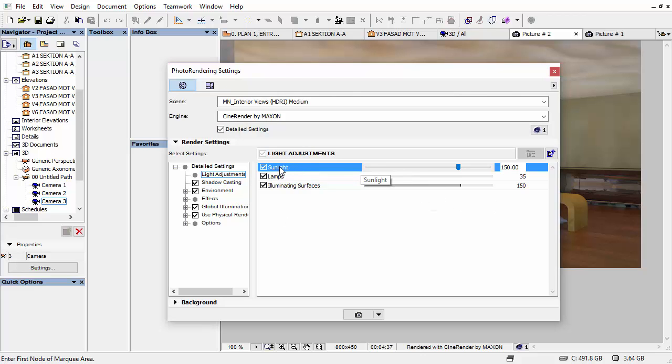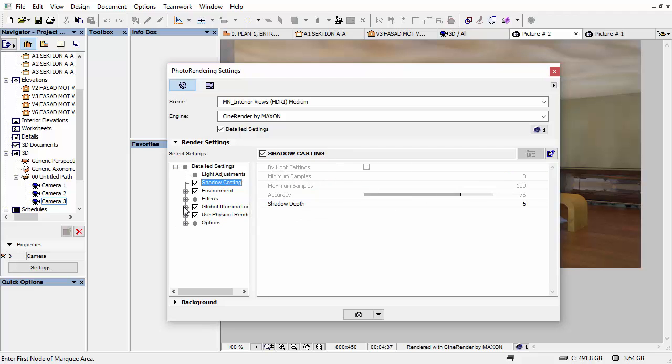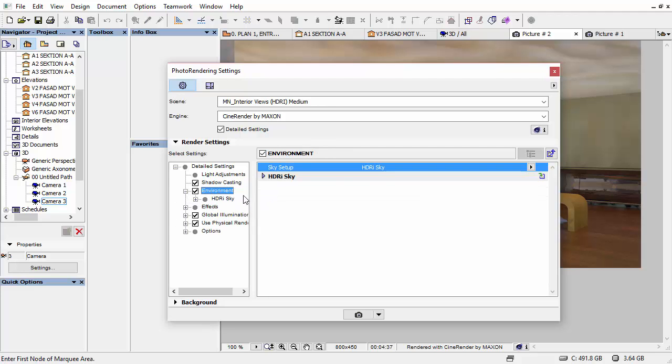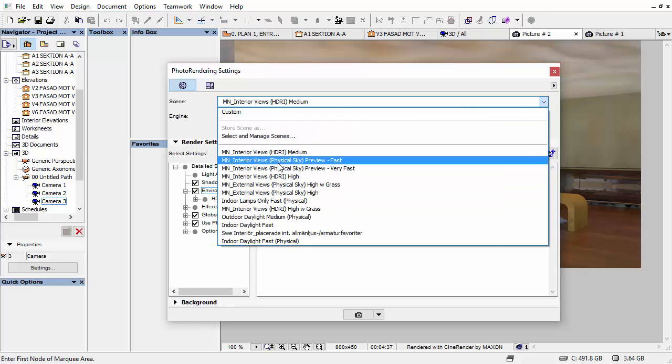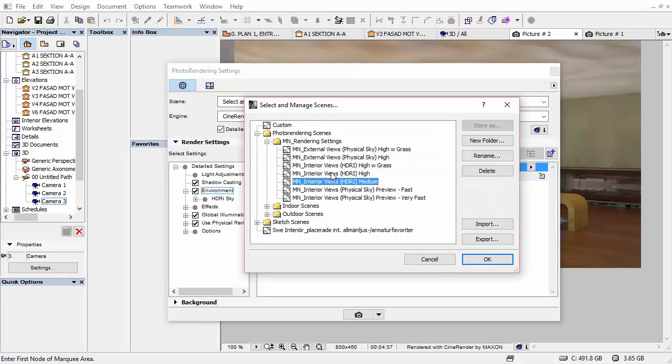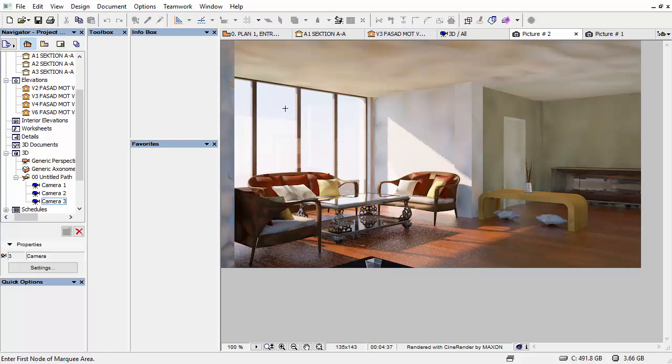You can see here I'm using the sunlight, illuminating surfaces at 100%, 150% as well. And for the shadow casting, there's nothing here to worry about. We can go to the environment. I used the HDRI sky. We can use the other one here if you don't want it. We can do the physical sky. Oh, it seems like I don't have a physical sky. Well, I think I just did the HDRI because